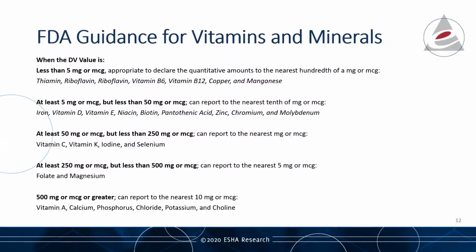Another look at this with the descriptive instructions for rounding the quantitative values and minerals, you can see the vitamins and minerals grouped by their DV values and the levels of significance that applies to each group. I mentioned that Genesis applies the proper rounding rules for nutrients, and please note that this guidance is not final